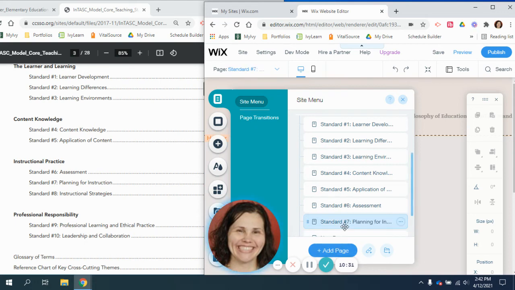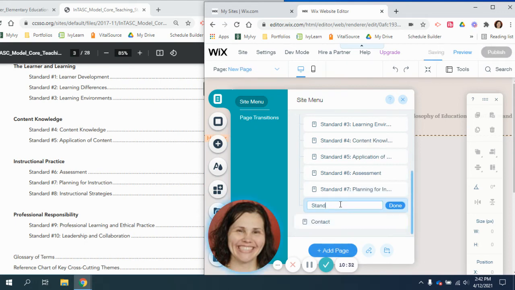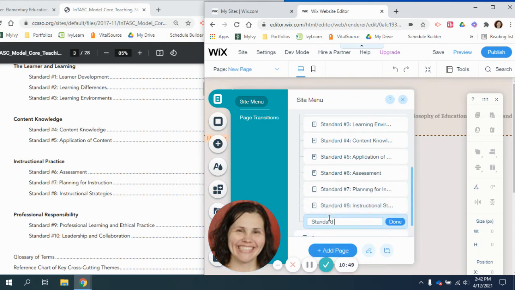Okay, and you'll see this goes really quick once you're in here. It sounds intimidating to make 10 pages here, but you'll notice that they each only take a couple of seconds to make. There's 8, Standard Number 9,